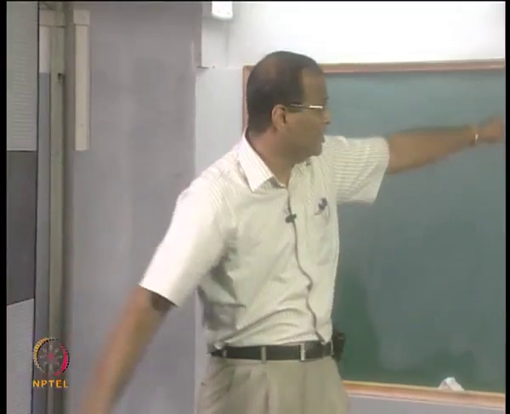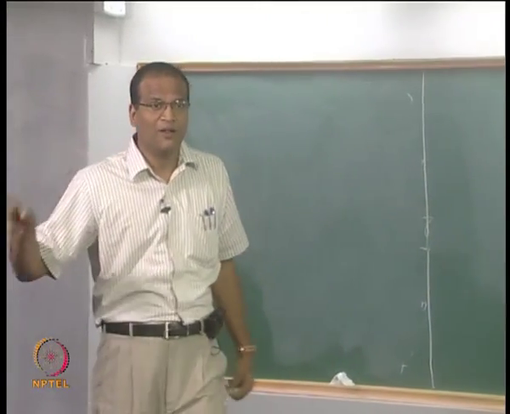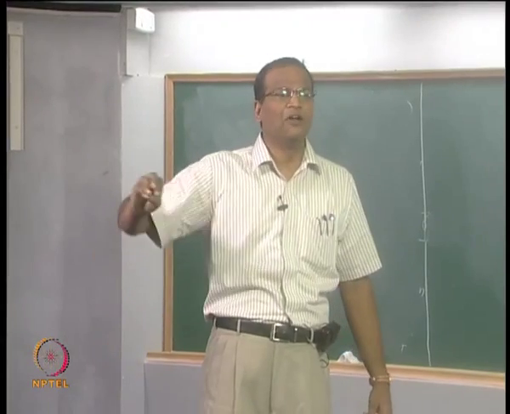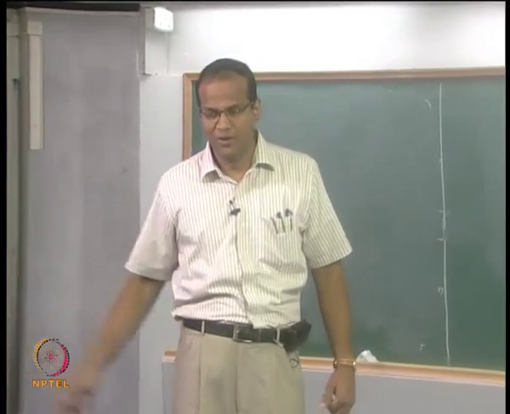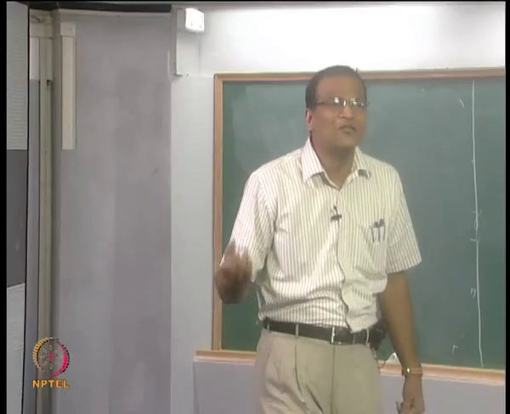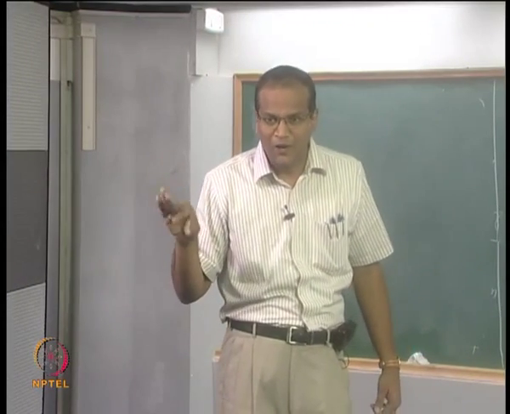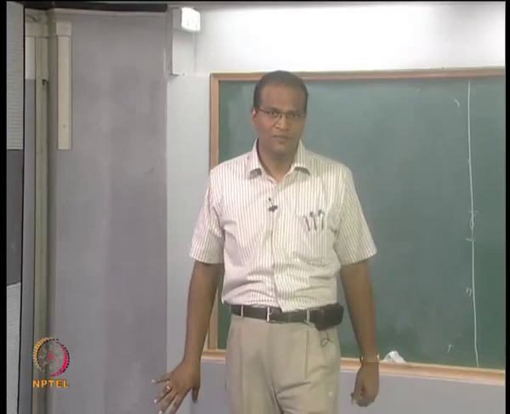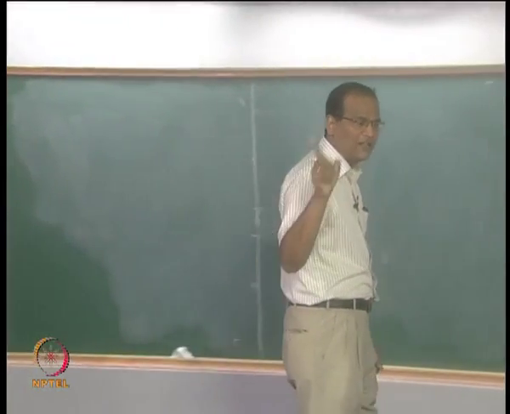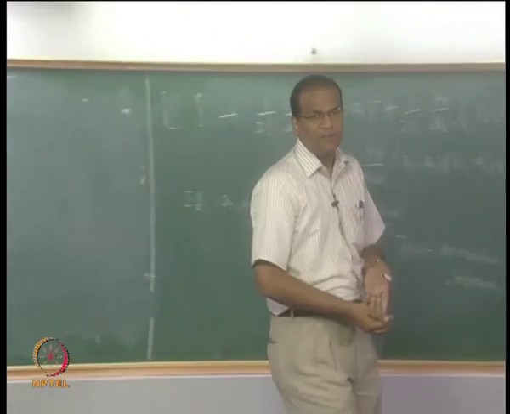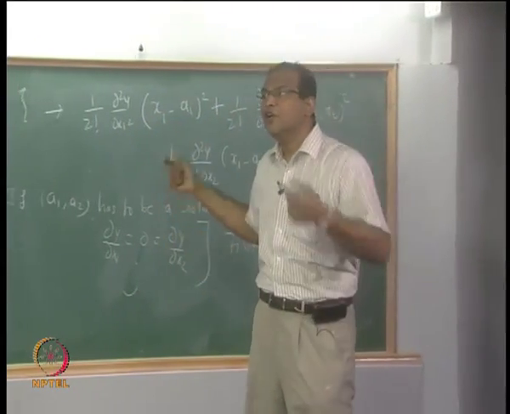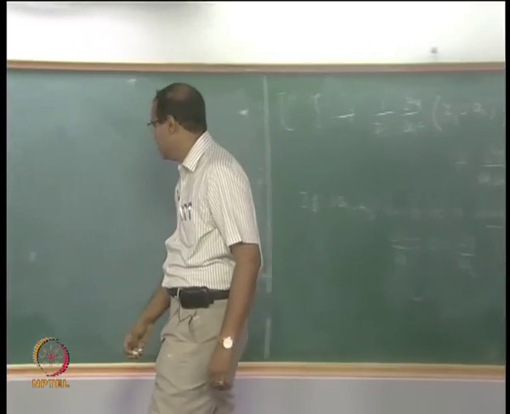I am seeking a minimum only. For a minimum, any perturbation in x1 x2 around A1 A2 will result in a value of y which is more than the value of y at A1 A2. Therefore, y at A1 A2 is indeed the minimum, right. In order to prove that, you have to prove that the second order terms, or find out conditions when those second order terms together will become positive. Is that okay? Now,